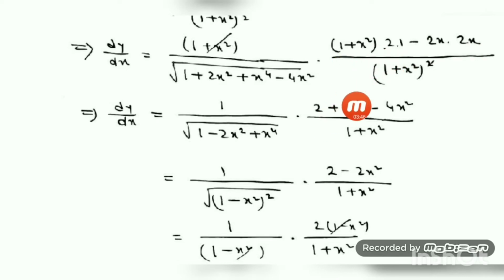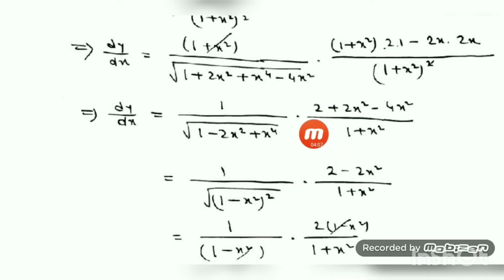2 plus 2x square minus 4x square. After this, if you see, this is nothing but the square of 1 minus x square, whole square. Is it not? Because this is 1 square plus 2 into 1 into x square. This is x square whole square. So using a minus b whole square, this can be written as 1 minus x square whole square. Okay, and here these are like terms.